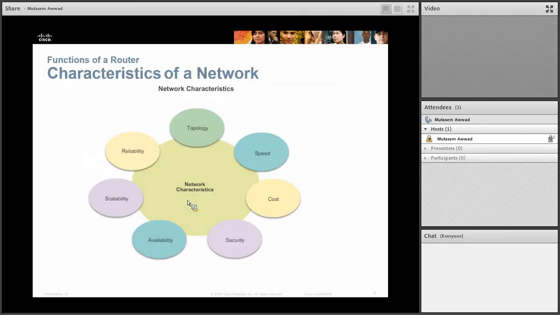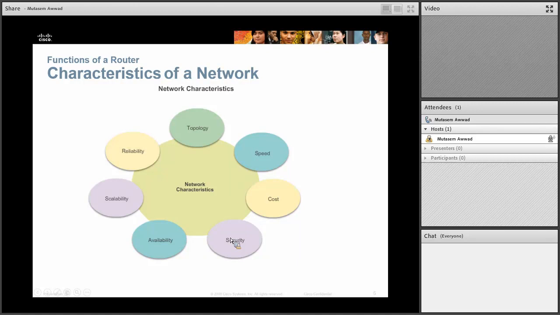The characteristics of a network. In general, the network should have a topology, how it's physically and logically connected, what subnets they belong to, how are they physically connected, meaning how the devices are physically connected to each other. Speed, if it's Fast Ethernet, Gigabit Ethernet, how much is it going to cost? As a fiber optic, it might cost you a lot of money. How well is it secured? Do you have firewalls,